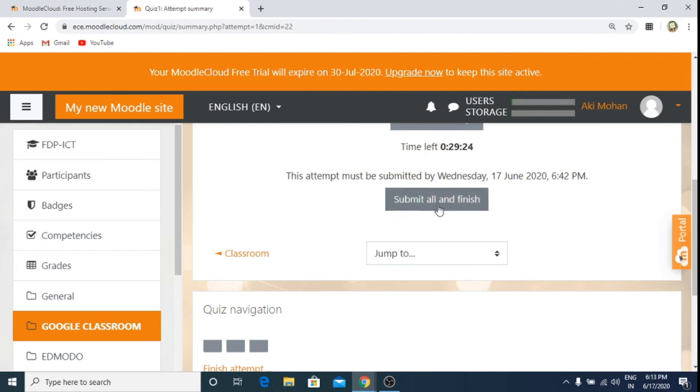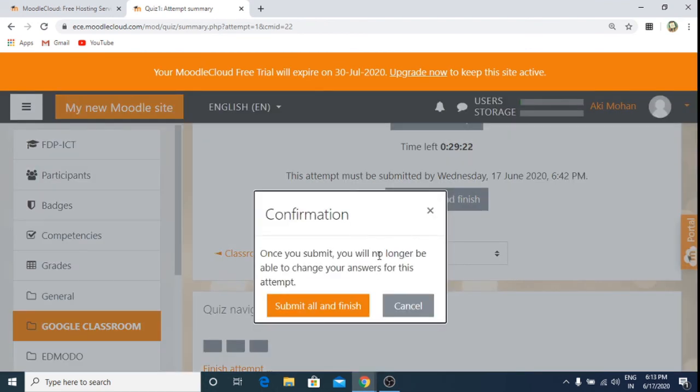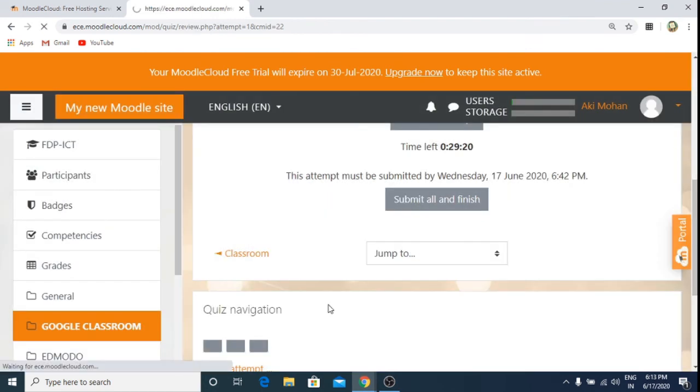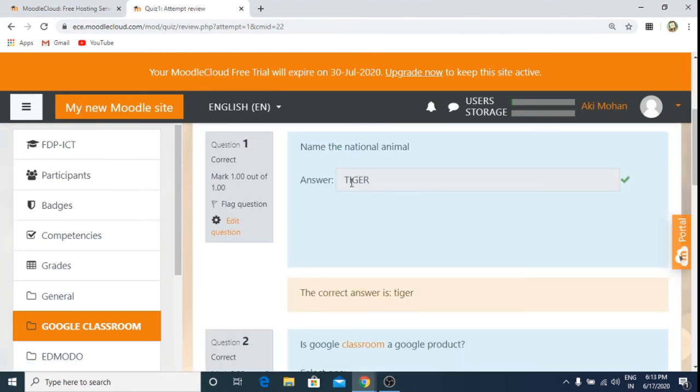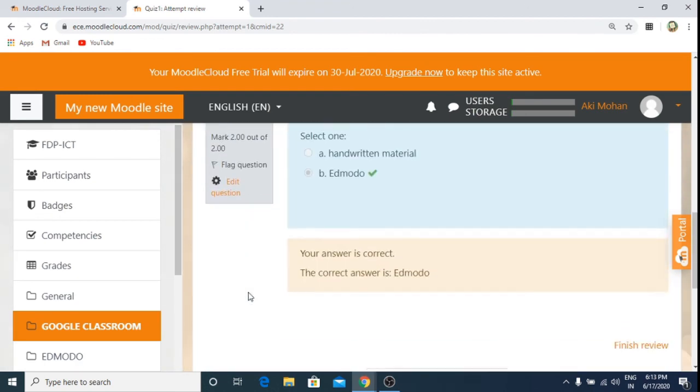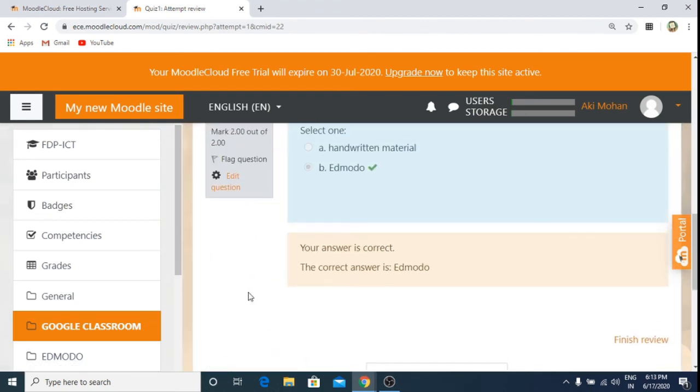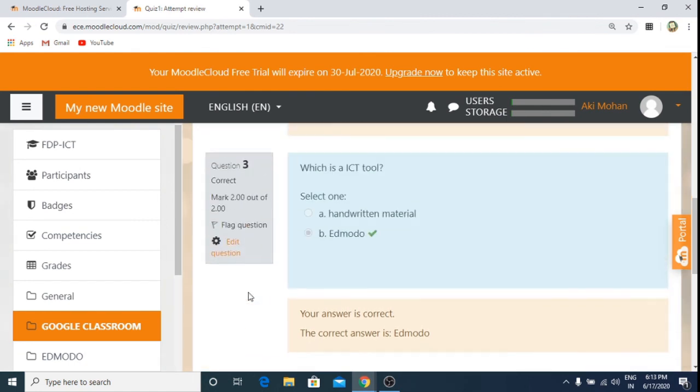Submit all and finish. I click on submit all and finish. Even though the answer which I saved was in small letters, it accepts capital letters since we set case insensitive, case unmatched. So as you can see, this is how the students will also get.